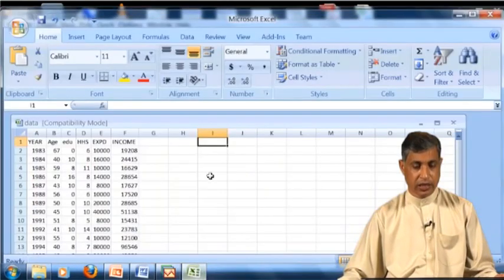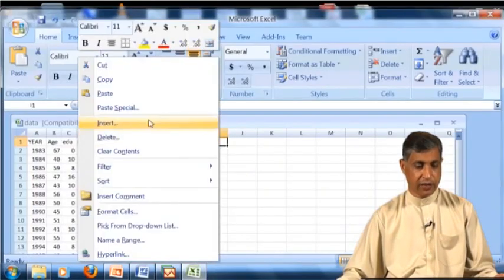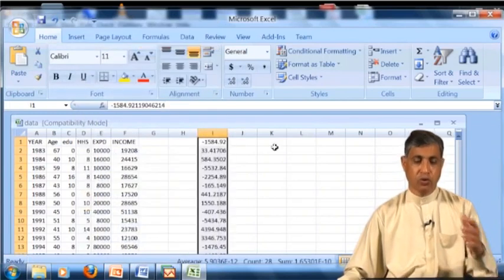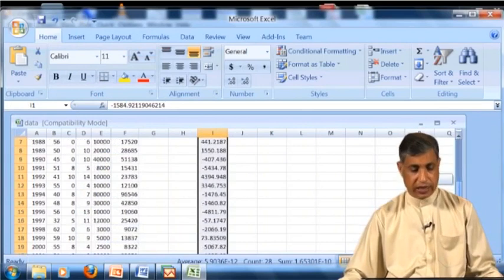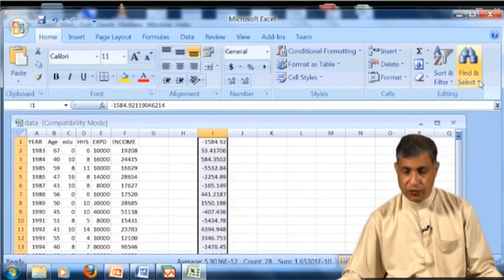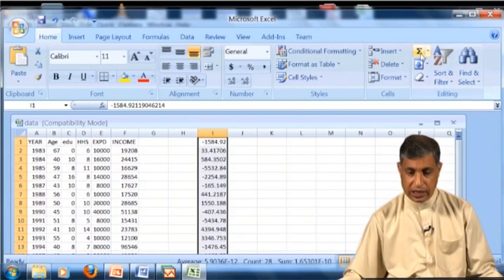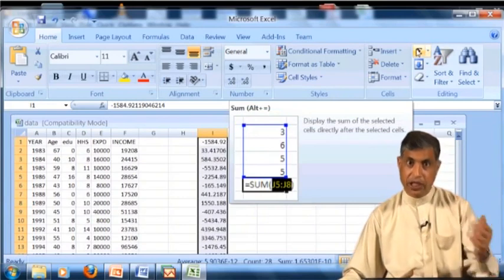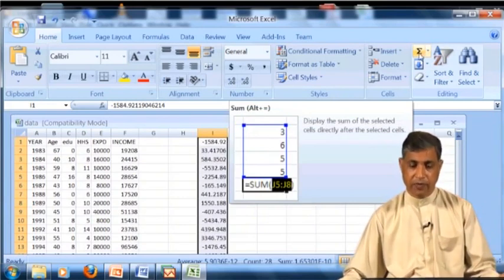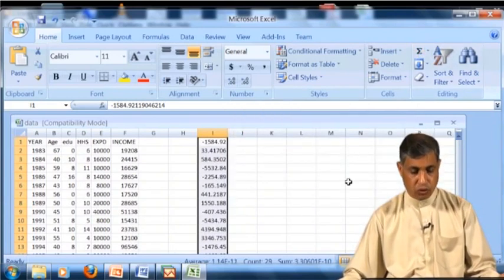Come to the Excel, paste all the observations here. Now you have pasted all of the observations here, and if you look at this, this is the number of observations. Now if you sum it up, if you go to the Excel sheet, this is the sum, and as you click in the bottom, it will sum up all the values. Now we should go for that value. What is that value?